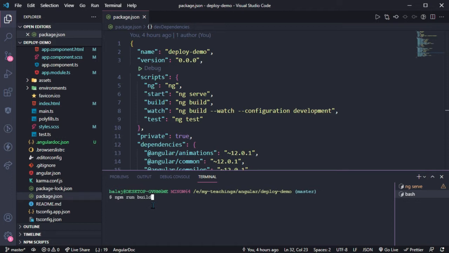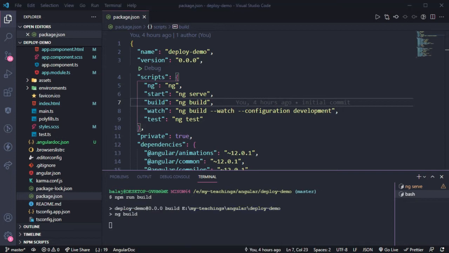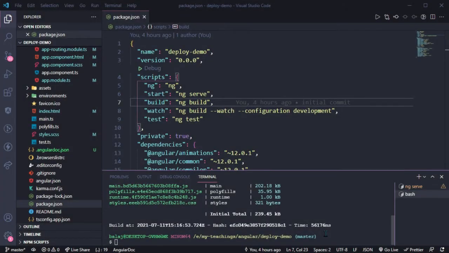Note, if you are using an Angular version less than 12, you have to run ng build --prod, or if you are going to use this build script, you have to modify the script by adding --prod here. In my case, I don't want to do that because I am using Angular version 12, which will by default do the production build for us. But in your case, if you are using a version less than 12, you have to use the --prod option. Okay, so now I will build this app. It will take some time to complete, so I am going to pause my recording and continue once the build is done. Okay, the build is done.